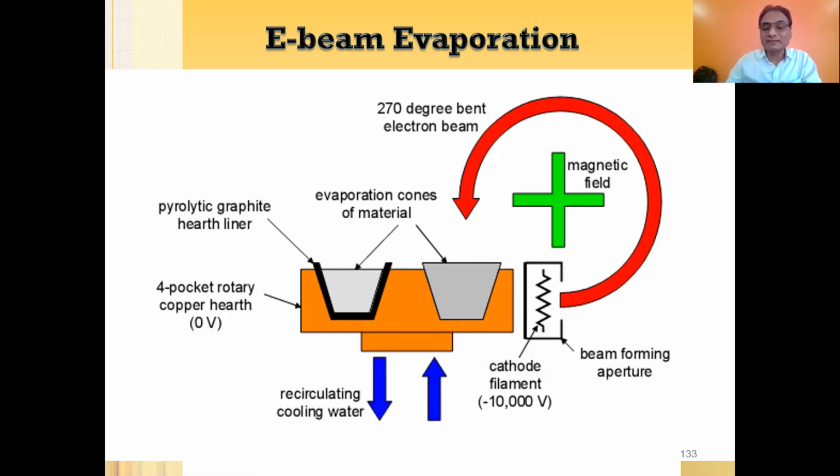So you can have multiple hearths in which the evaporated material can be placed, and at a time you can have different crucibles, like maybe 3-4 crucibles, and the same electron beam, the bent electron beam, is going to come, and this crucible can be rotated like this. Now again, since we are going to generate very high temperature, you need circulating water, because water cooling is essential here, it is mandatory. Then only will you be able to achieve the results. Otherwise, it is going to be very difficult. You can have a blast.